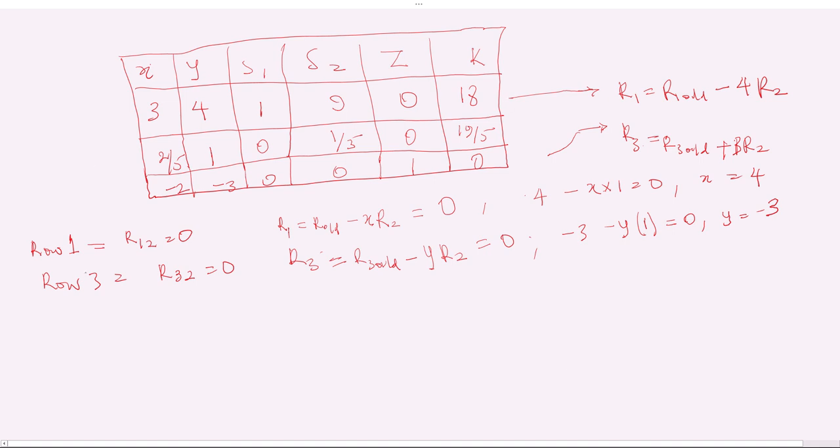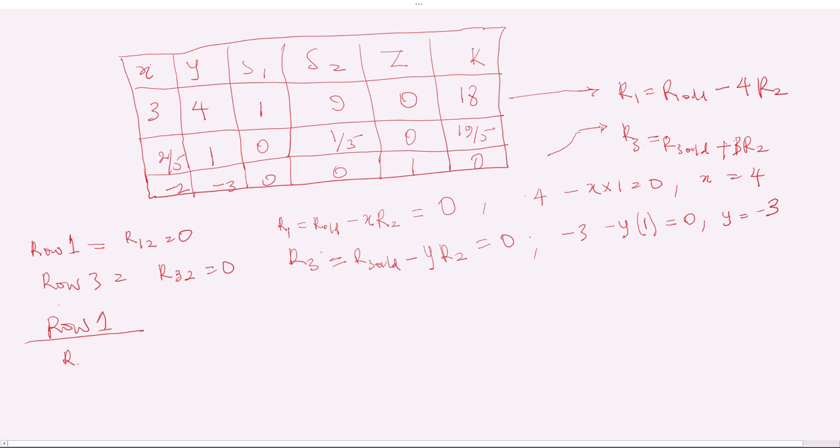So for row 1, the values we are going to be having now is going to be,